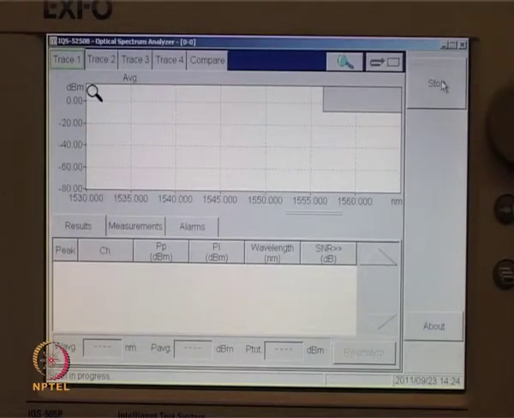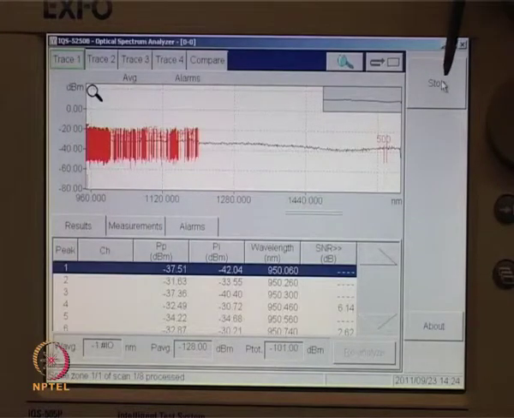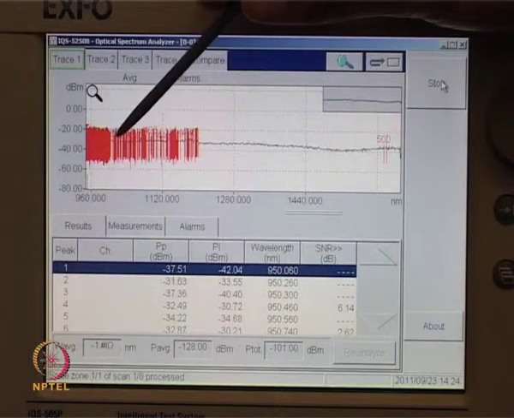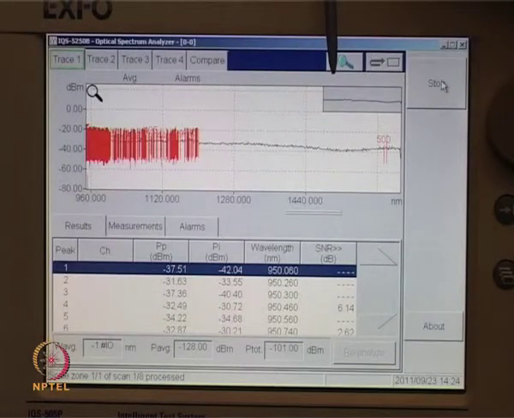The displaying takes place by averaging multiple signals. The red colors are the markers which come on the screen for various measurements where there is a change in a power level.